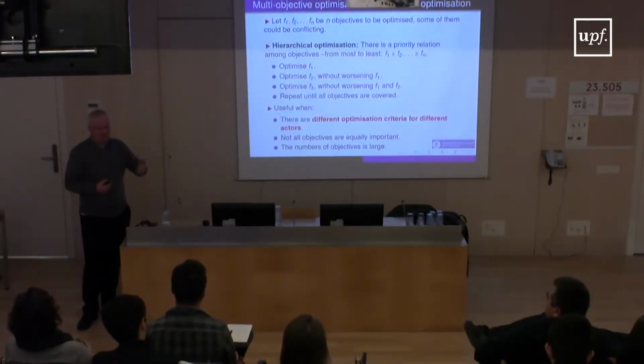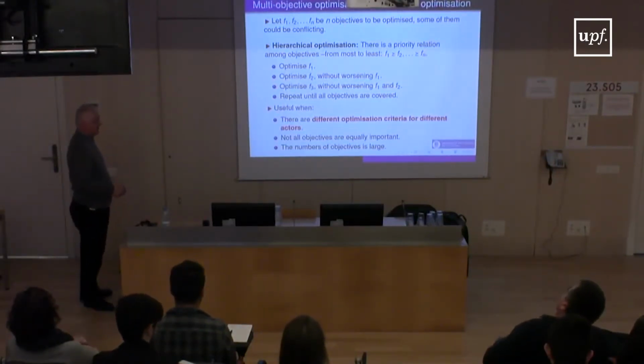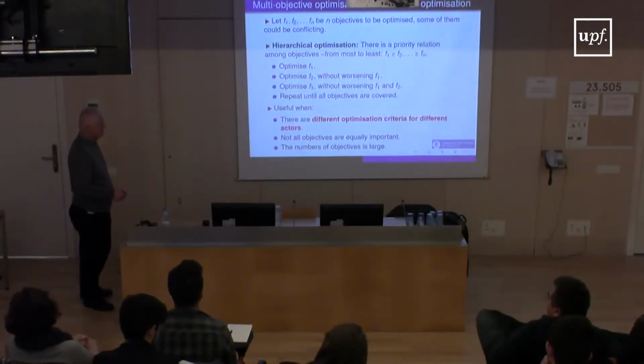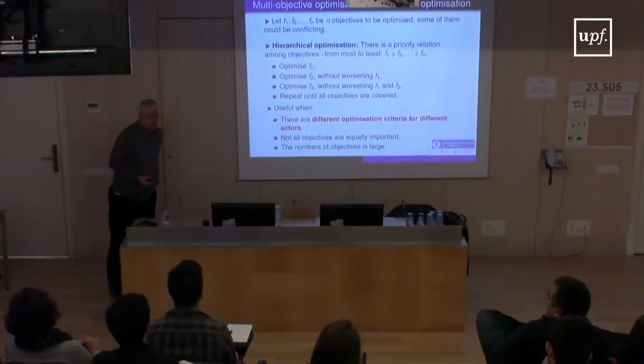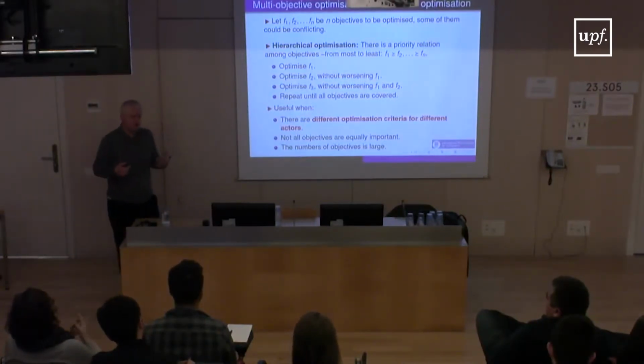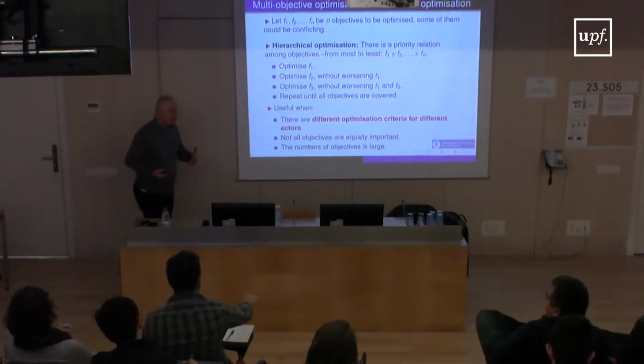like the final user view, stakeholder view, provider view, or performance view, let's say. But in this case, obviously, you have to have this kind of priority among the objectives. So you have to say, well, this objective is my top priority. If you are not able to establish this priority, obviously, you need to